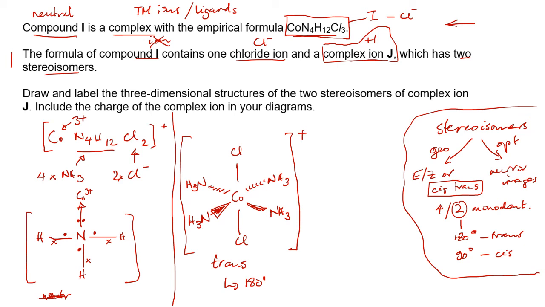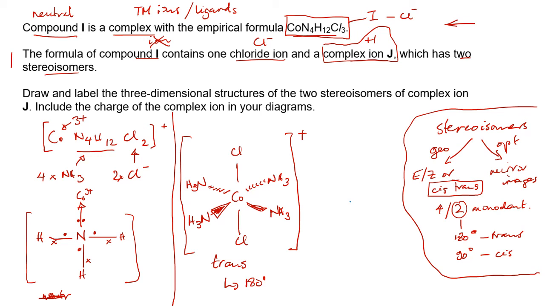Just to reiterate that, we've got a 3+ cobalt central ion, but 2 of those plus charges are neutralized by our 2 chloride ions, so we've got a resultant just 1+ ion there, and that would then make an ionic bond with the 3rd chloride in the empirical formula. I'm running out of space, so I'll just change color before we draw the cis